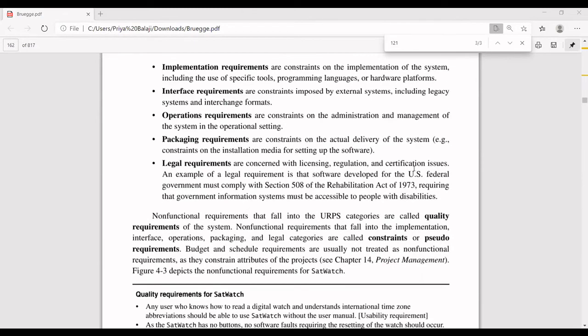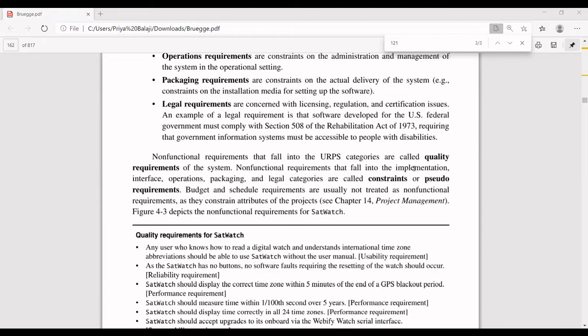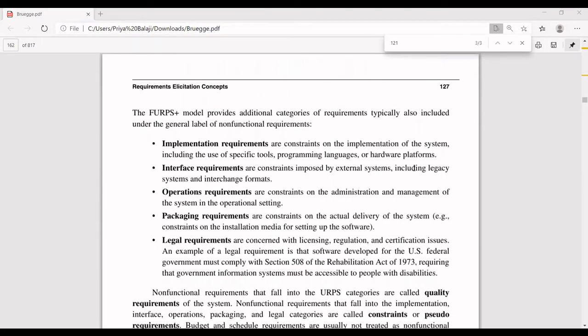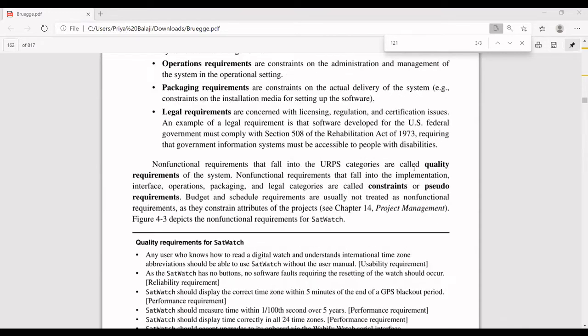So even though we have discussed the purpose model, here the same thing can have quality requirement checking also, and they can have constraint requirement checking also. But again, it's not compulsory, it only depends on the requirement team whether to consider these also as the non-functional requirements. So what is the quality?